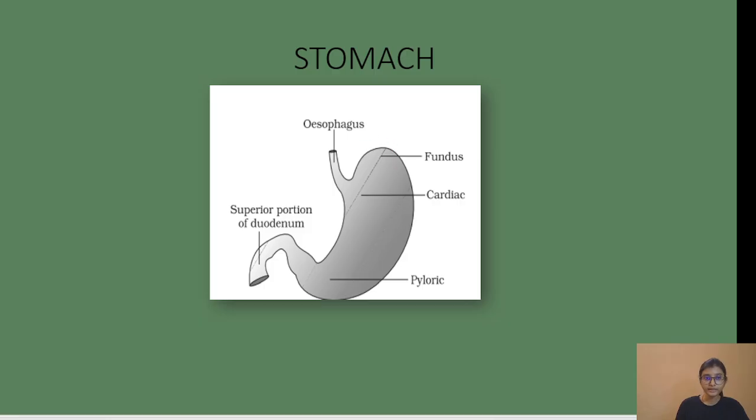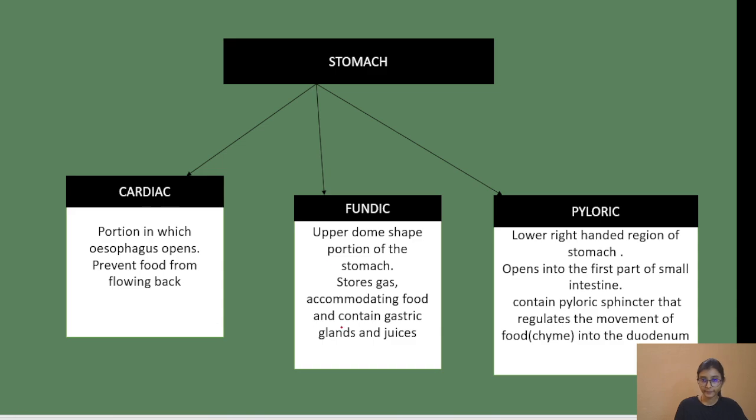Fundic region. And there the gases are present. They store gases and gastric glands and juices. Pyloric is what? The lower right-handed region of a stomach that opens into the first part of the small intestine. So the pyloric is going to connect it to the initial